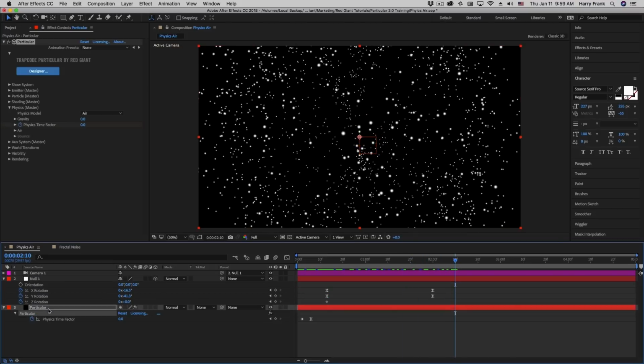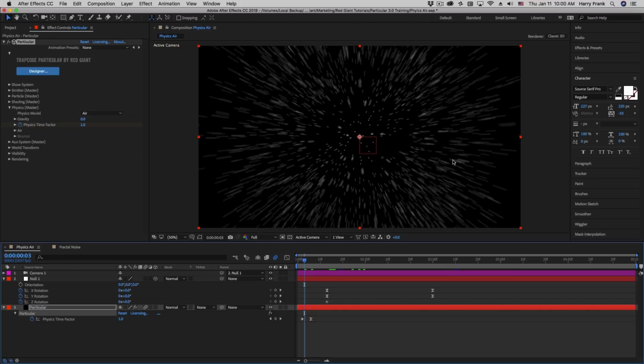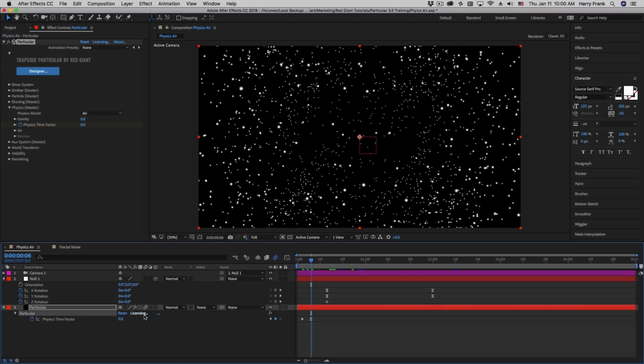Now, I haven't spoken about motion blur that much with Particular, but just know that when you enable motion blur for your composition and you enable motion blur for Particular, you should see some sort of motion blur. In fact, if I go right here in the middle of the explosion, because remember, these particles have a velocity of 3,000 pixels per second, they're moving pretty fast, so we should definitely see some motion blur. Now, at this point in time where they freeze, technically, at that moment in time, they still have a sort of frozen velocity in time, but we're not seeing any motion blur because, according to Particular, they're not moving,